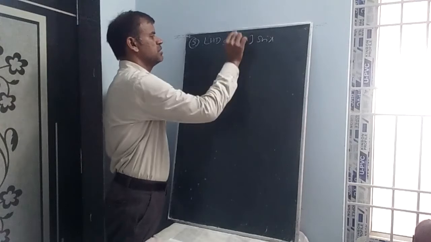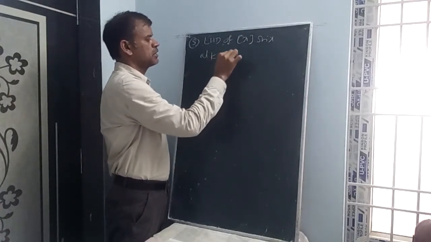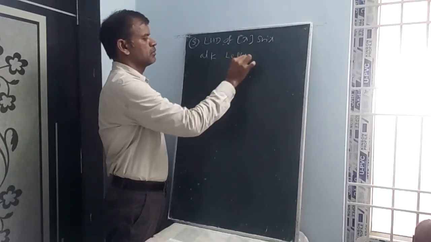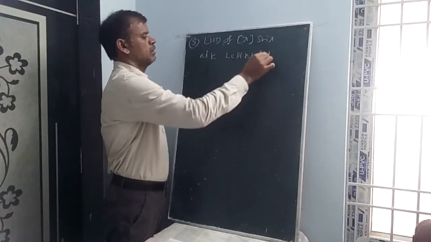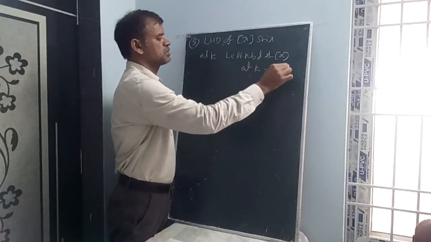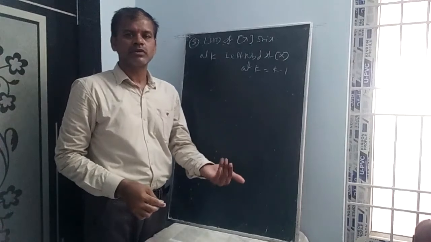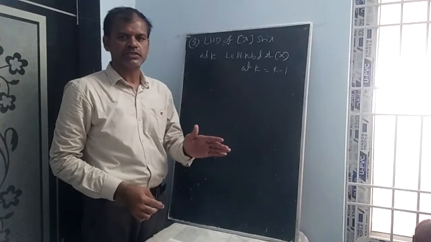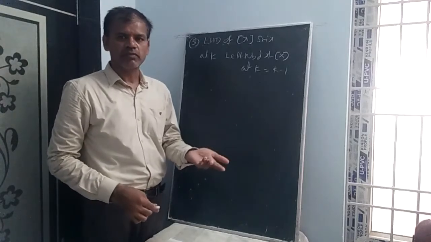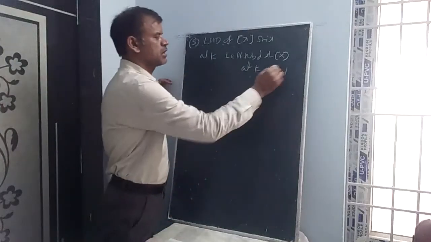So LHD meaning, let us take k. LHD of, let us write the left neighborhood of step x at k, which is equal to k minus 1. If he is asking the right neighborhood, it is simply k. Example: 2 minus, it is 1.9, step is 1. So 2 plus, it is 2.1, step is 2. So if the left neighborhood is asked, you can write k minus 1.